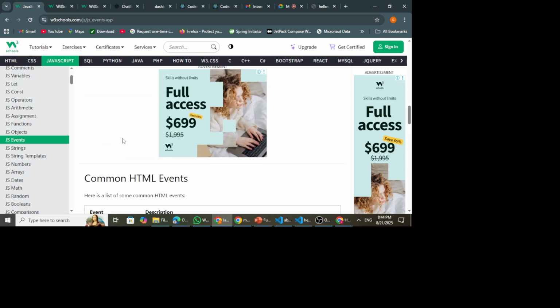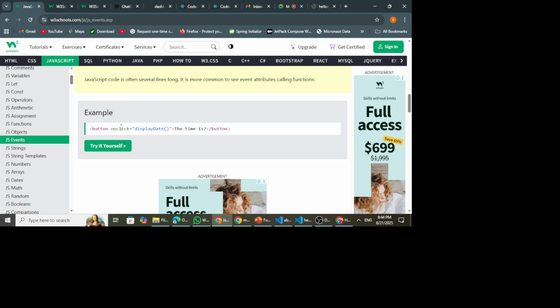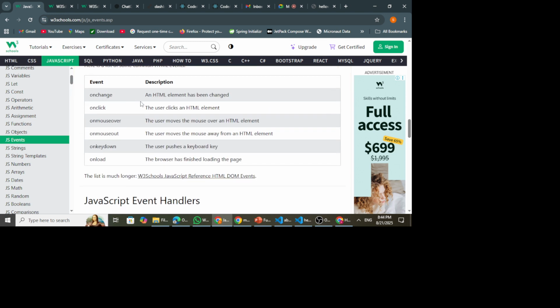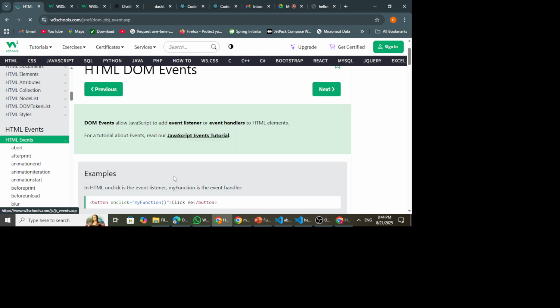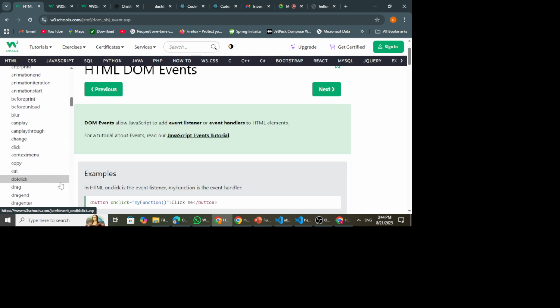We have onclick, which we have demonstrated, and then we have onchange, onmouseover, onmouseout, onkeydown, onpageload. These are all examples of events. When you click on this link, you can see the list of all the HTML events which you can work with,